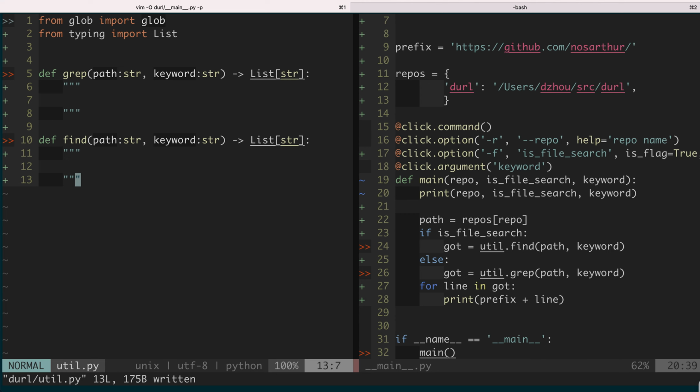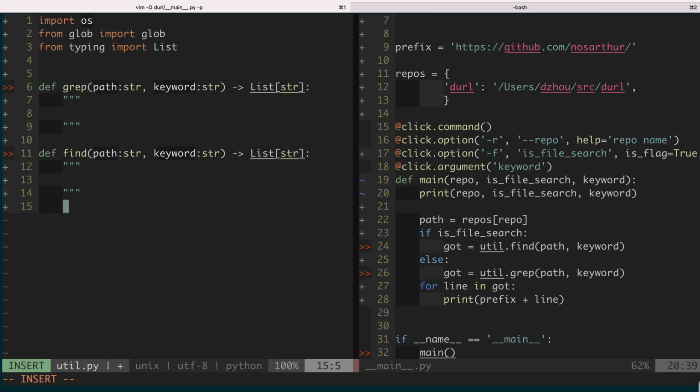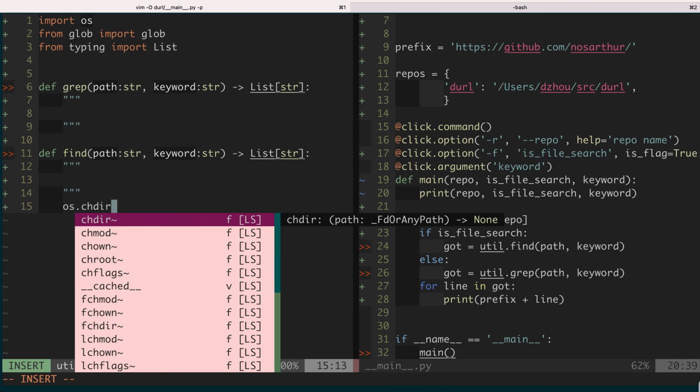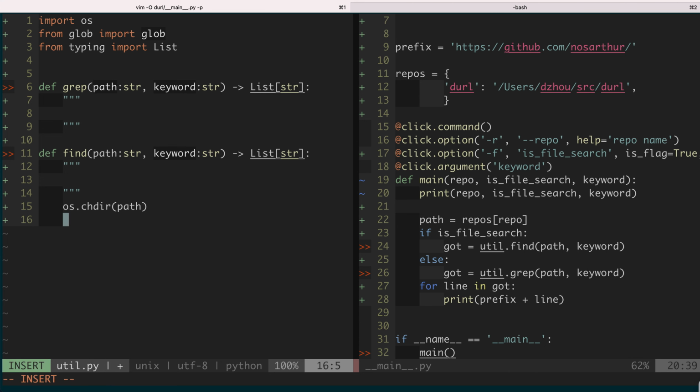The subprocess is probably slow, so we don't do that. The pathlib.glob will return all the hidden files as well. So that's not what we want, since we are looking for source code. The glob API will automatically get rid of the hidden files, so let's just use that. We will also need the OS library, because we want to change the working directory to the repo directory. Okay, then we just return glob